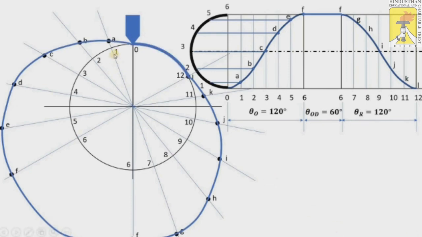And then finally 12 to O, we just plot over the circle itself. By using freehand, we join the smooth curves, transfer the entire points here and join it. In this semicircle, the remaining plots we have just joined into the entire curve. So for this knife edge follower, having simple harmonic motion during the outstroke as well as the return stroke, we have done it.